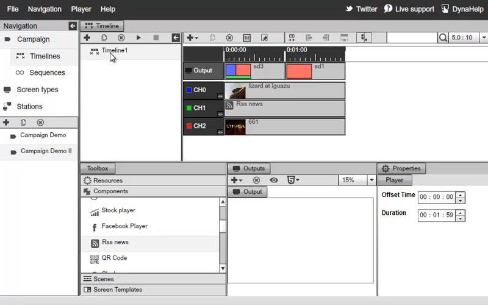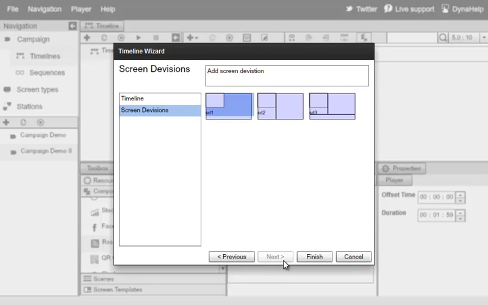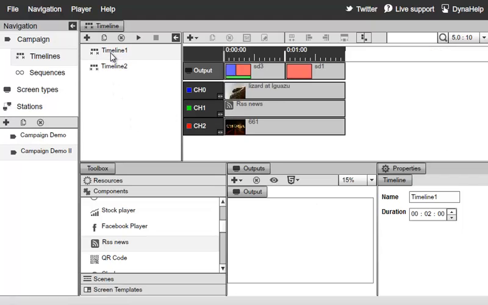So let's go ahead and click on the plus sign right here to add the second timeline. We're going to name this timeline 2 and set it to be maybe 5 minutes in length, and click on next. And again, select screen division just like before and click on finish. So what's going to happen is that the system by default will play timeline 1 first, and then when that's over, it will go ahead and switch